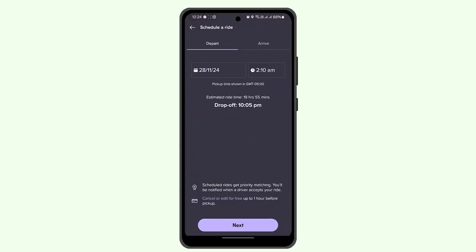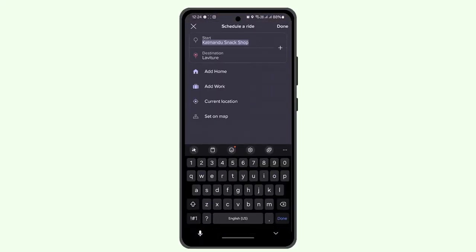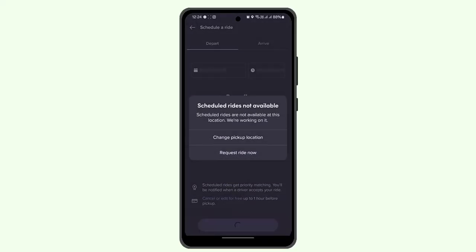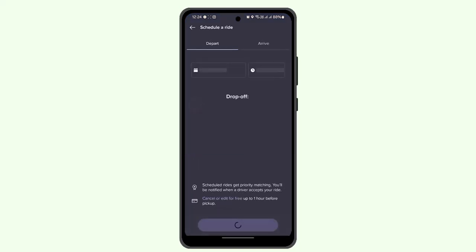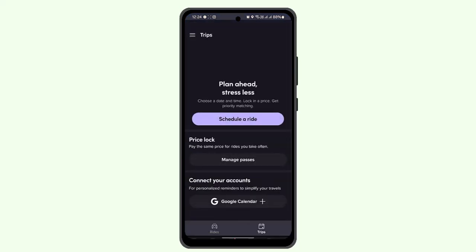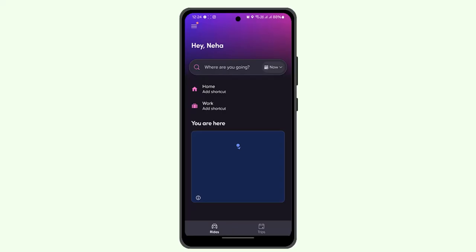So basically, if you wanted to schedule a ride or a shared ride, you just had to go to the home page. But as mentioned earlier, they have discontinued the ride. So here, you can share your ride details with up to 5 contacts